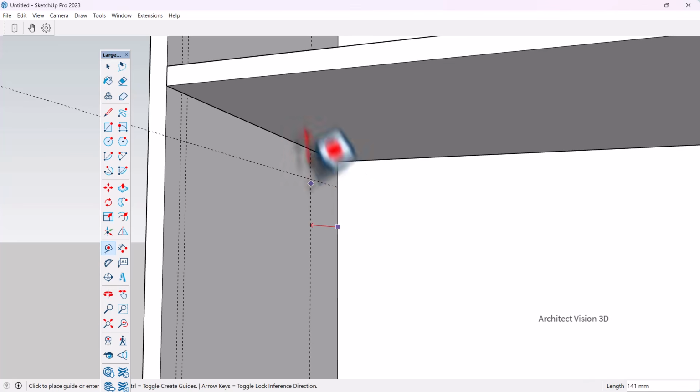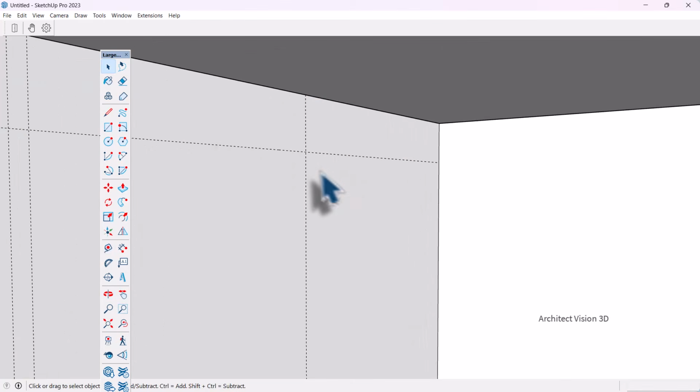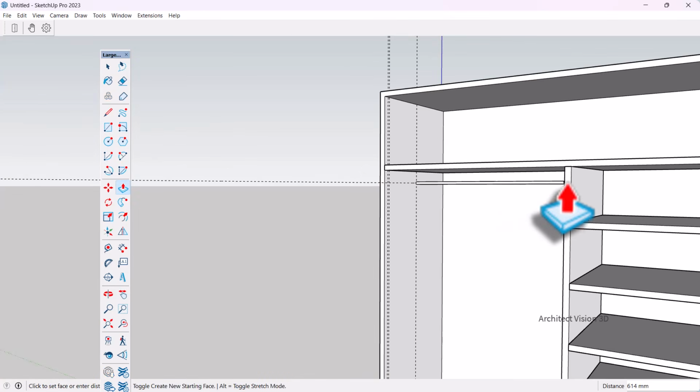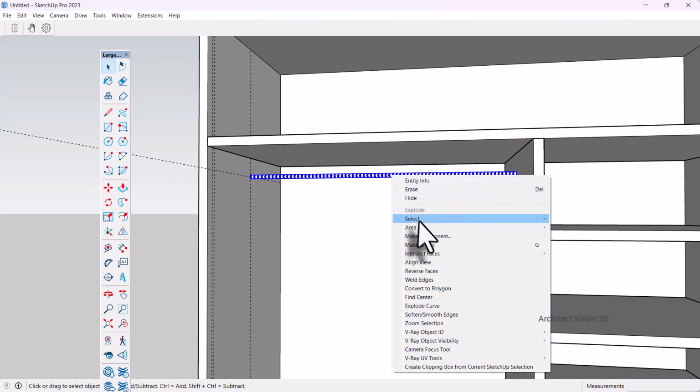Okay, select on the vertical line here, just find the center, okay. It will pop up the snap like this, okay. And then I use the circle tool here. I put 5 and I use push and pull tool to push like this, okay. Make group,